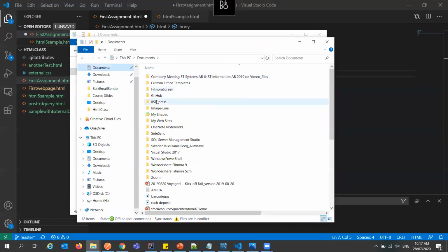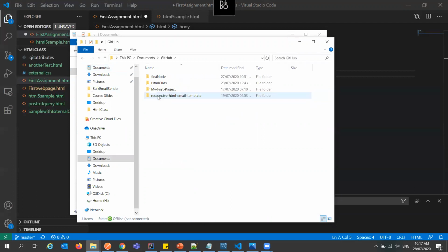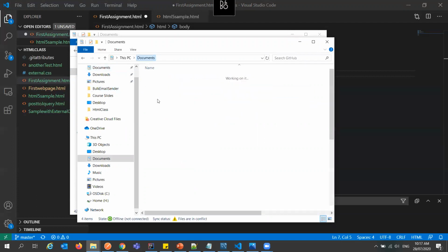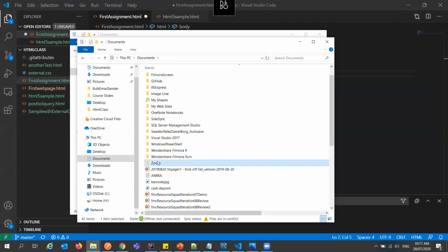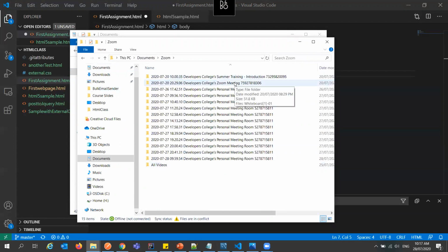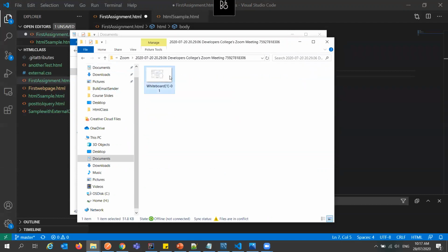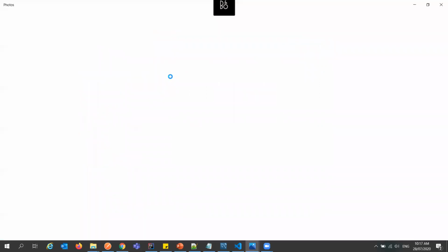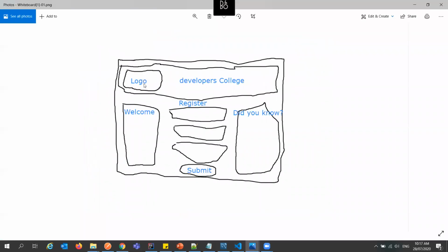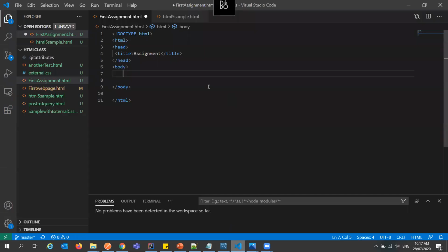Document. No. This one. Okay. Yes, this is what we want to do. Logo, this. So now, if you look at the structure, the way I did it, I have a big div here, and inside I have a logo, and I have Developers College. So to do that, I can just do,